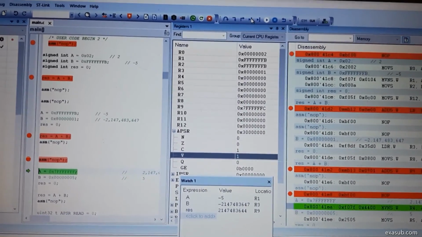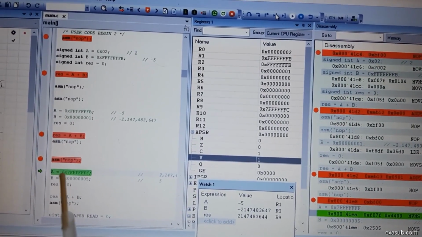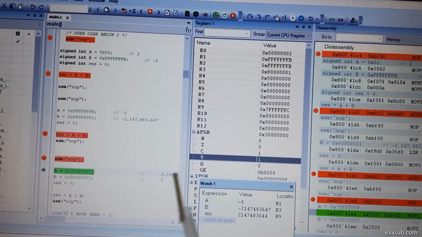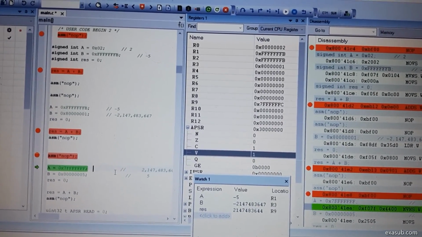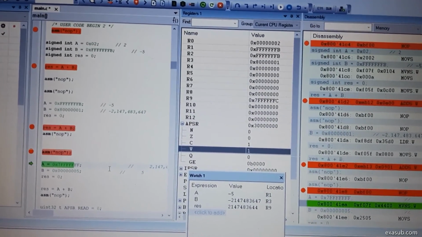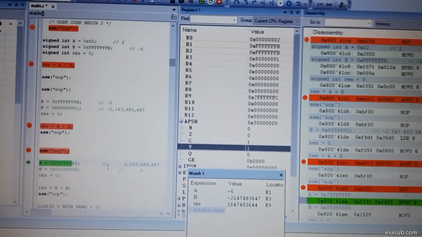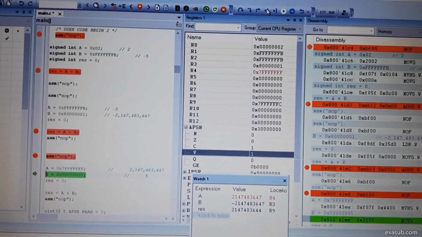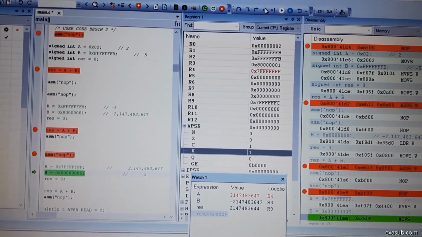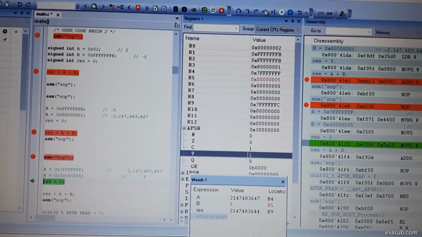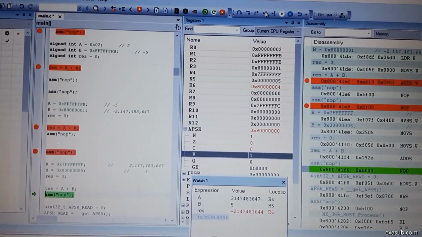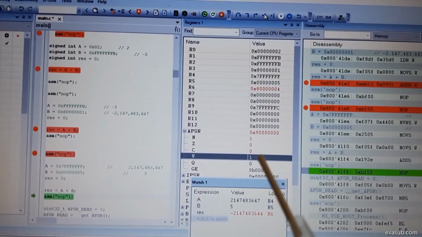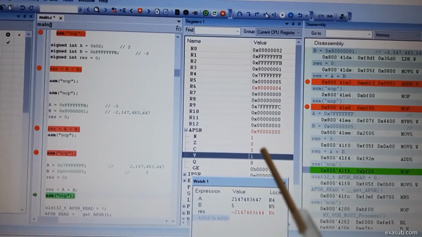Now I have a new code which adds two positive numbers. Okay, now we'll click on next statement. So A now contains 2 to the power of 31 minus 1, B contains 5, and result becomes 0, and the result is negative, so negative flag is set to 1 and overflow flag is set to 1. Carry flag is not set because there is no carry being generated. Okay,